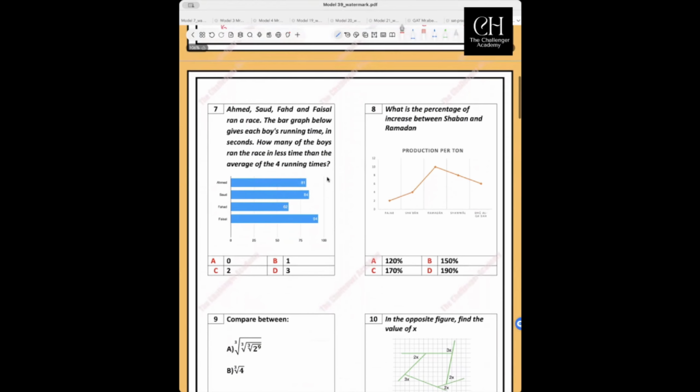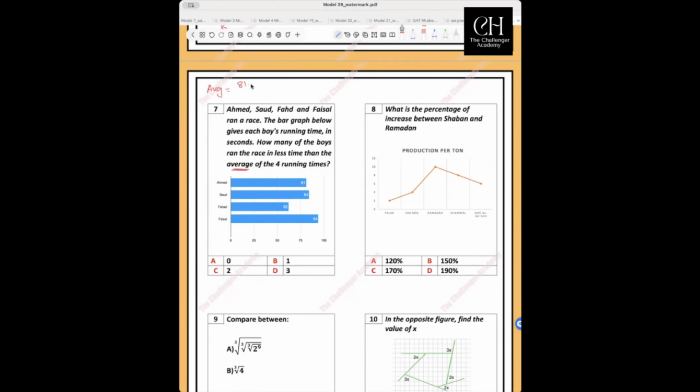Question 7. Ahmed, Saud, Fahd, and Faisal ran a race. The paragraph below gives each boy's running time in seconds. How many of the boys ran the race in less time than the average of the 4 running times? So in this question, you have to find the average, or the mean, at the beginning. What is the mean? Just add the numbers, then divide by their number. So to find the average or the mean,